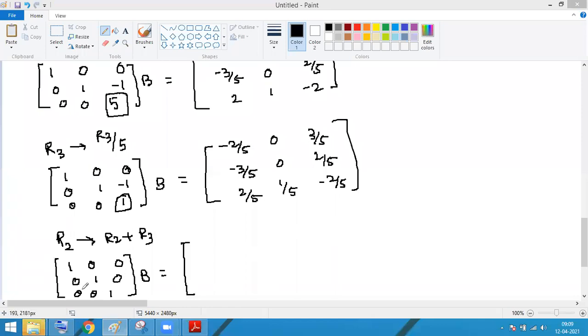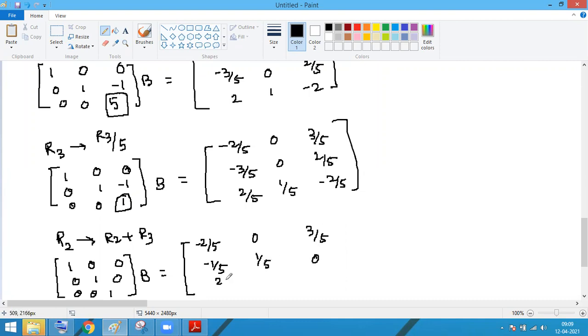Okay, so 1 0 0 0 1 0 0 0 1, then times of b equal to, what about here we have to do the same operation here, so -2 by 5, -2 by 5, then 0 3 by 5, what about here we have to do the addition here, so when you do the addition the -3 by 5 and +2 by 5 कितना हो जाएगा, that will be equal to -1 by 5, what about here the 1 by 5, और यहाँ पे करोगे तो कितना आ जाएगा 0, this part will be the same 2 by 5, the 1 by 5 and -2 by 5,